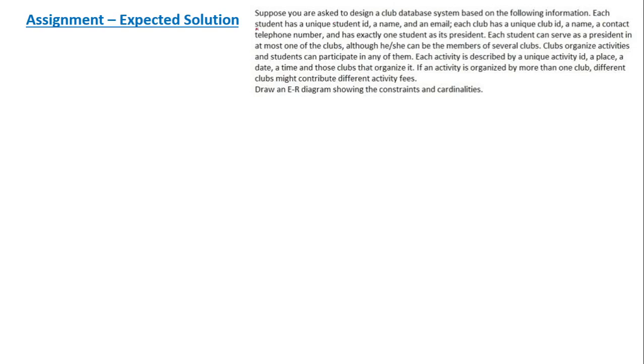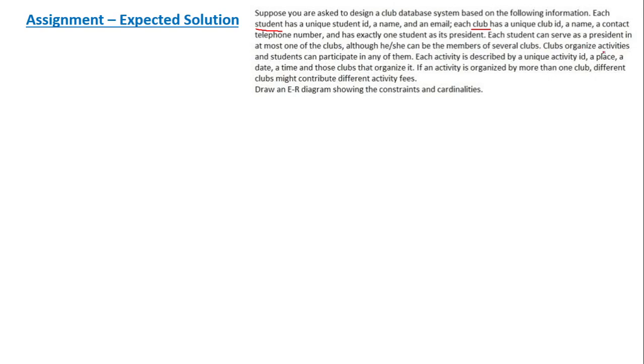Each student, so student, let us underline, has a unique student ID, a name and an email. Each club has a unique club ID, a name, so club, a contact telephone number, and has exactly one student as its president. Each student can serve as a president in at most one of the clubs, although he or she can be a member of several clubs.